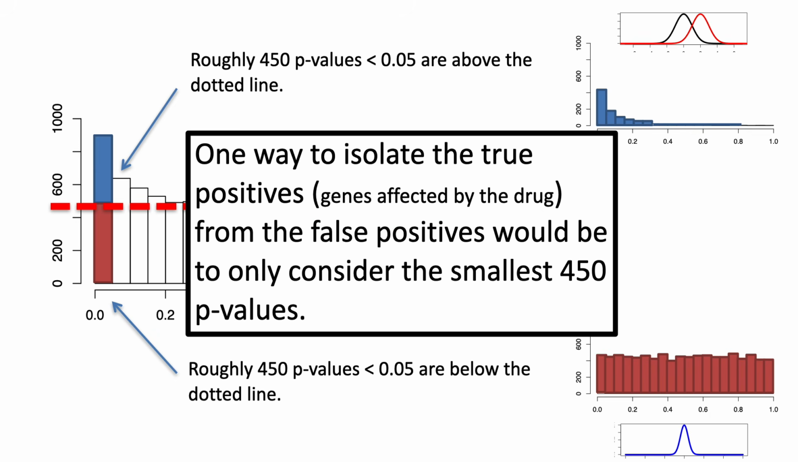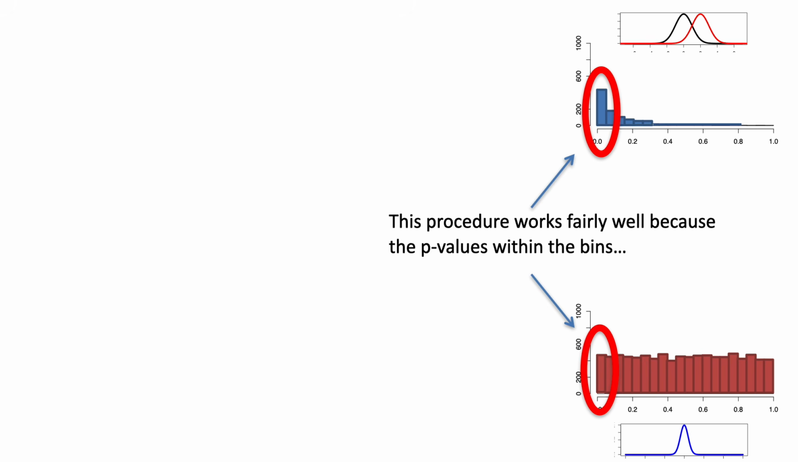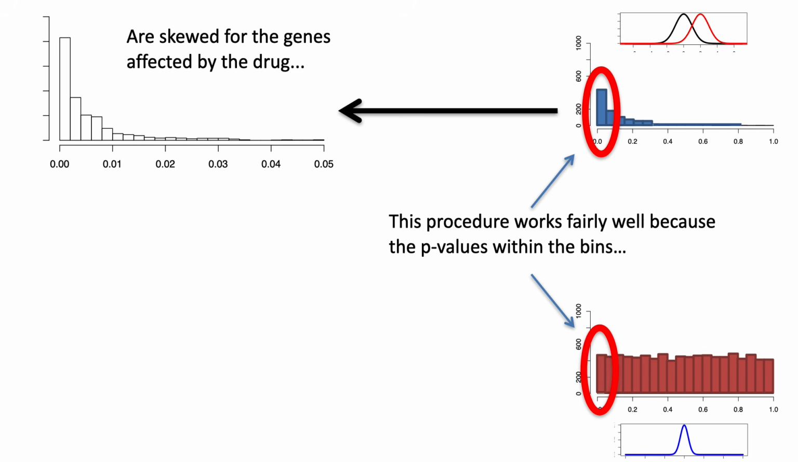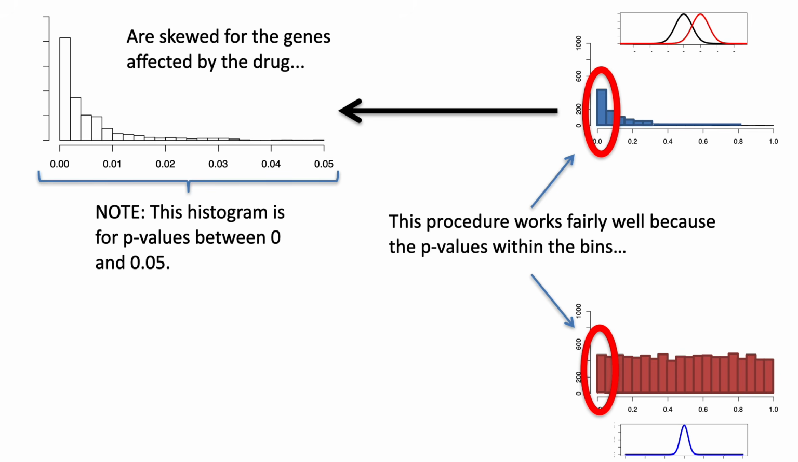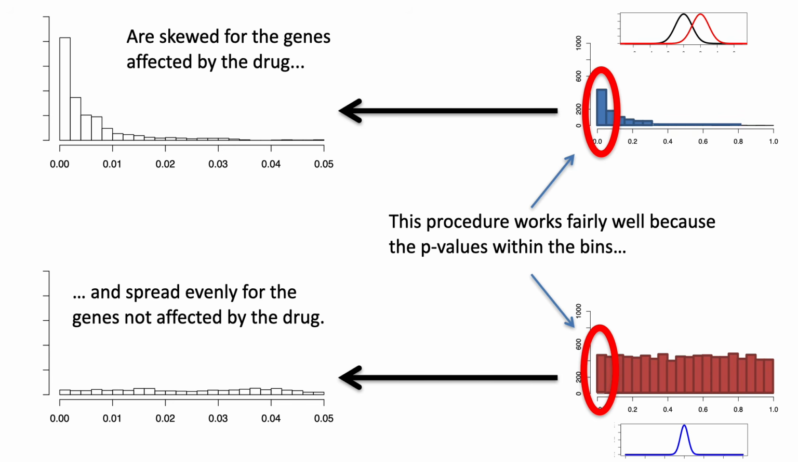One way to isolate the true positives, genes affected by the drug, from the false positives would be to only consider the smallest 450 p-values. This procedure works fairly well because the p-values within the bins are skewed for the genes affected by the drug. Note, this histogram is for p-values between 0 and 0.05